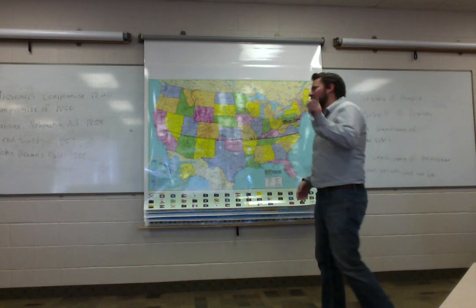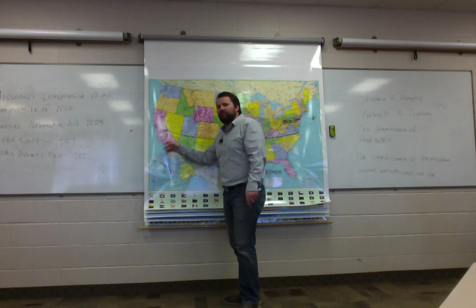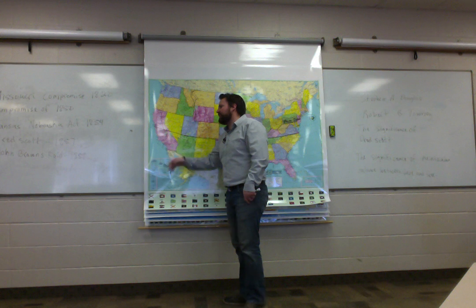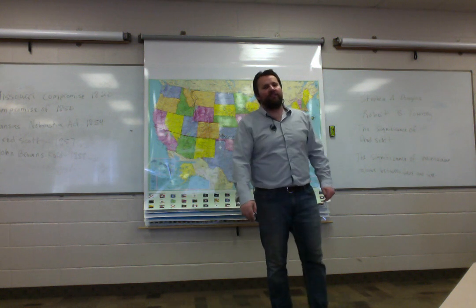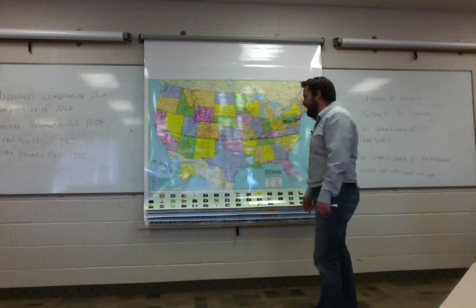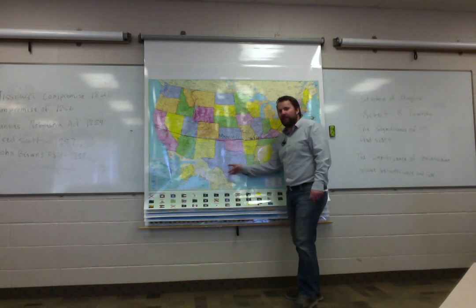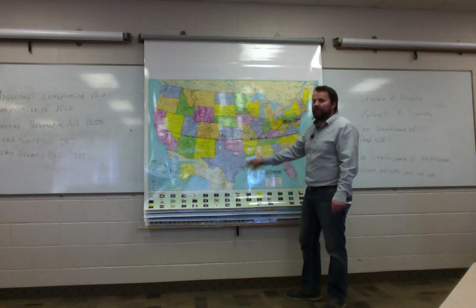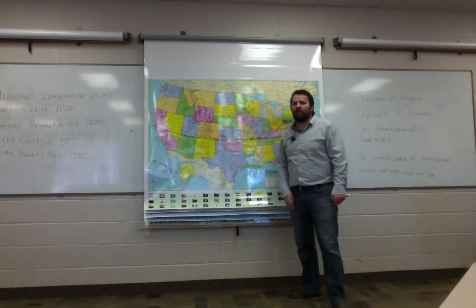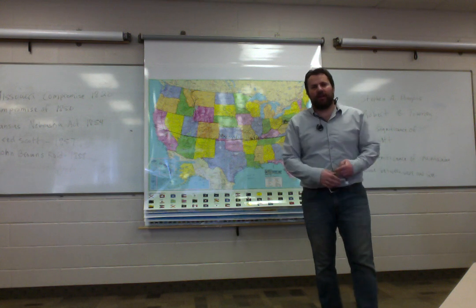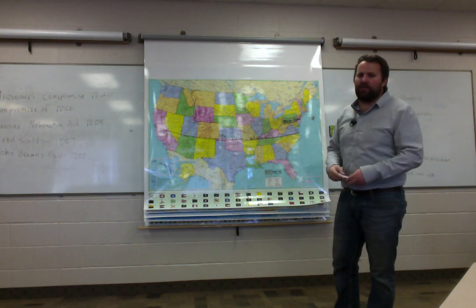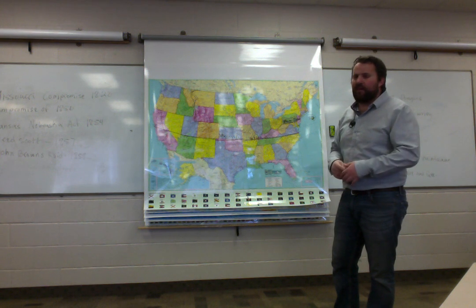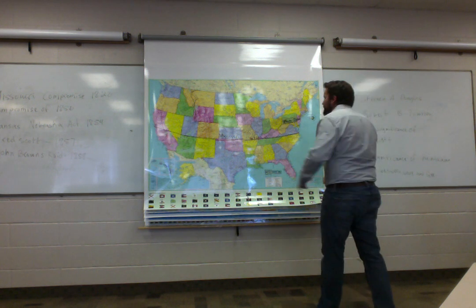Oh, that was the other point. Sorry, I forgot. That was why the South was really unhappy about this, because California was entered into the Union as a free state. Now, Texas was entered into the Union as a slave state, so the balance was still maintained, but they weren't happy that California, which was actually booming at this time, would have opened up a lot of possibilities for slave owners, was entered in as a free state. Okay? So, Compromise of 1850 does this.